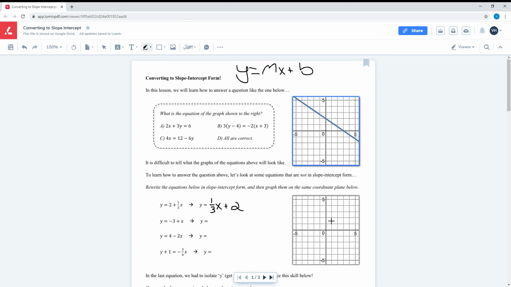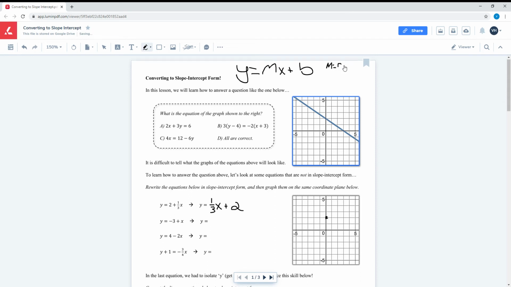So 1, 2, so right here is the y-intercept. Always graph your y-intercept first, okay? Always graph that too, remember? B is y-intercept, M is slope. And then to create the next points, you literally just use your slope in order to plot a few points. So remember, slope